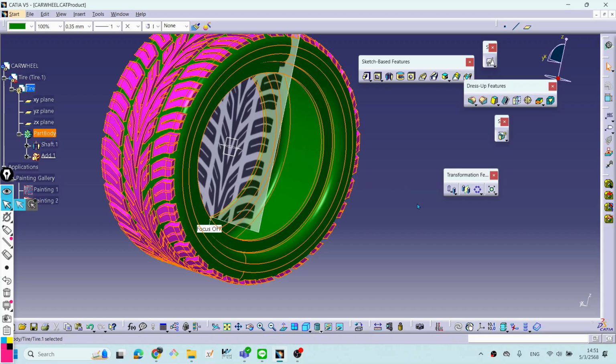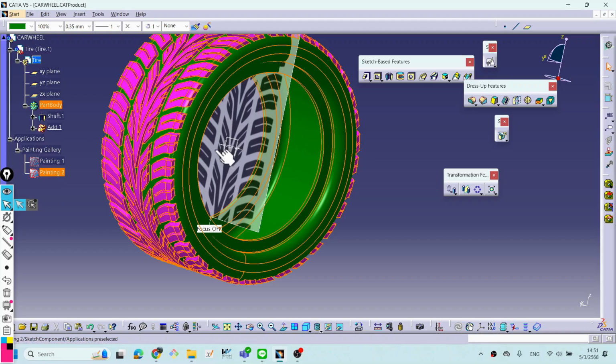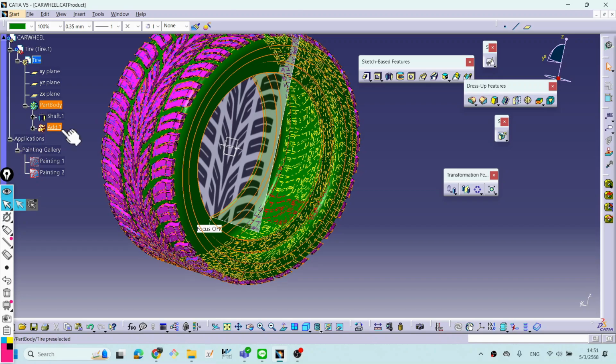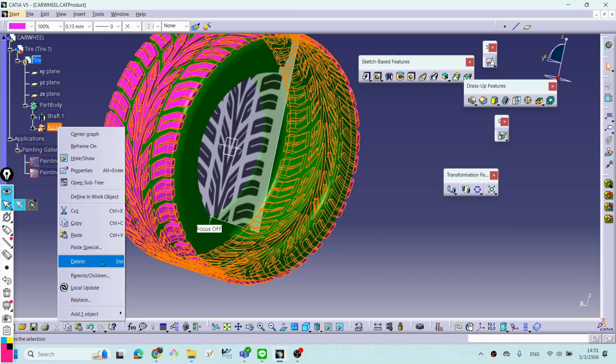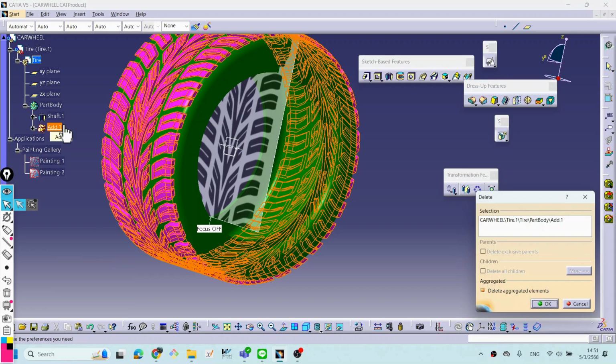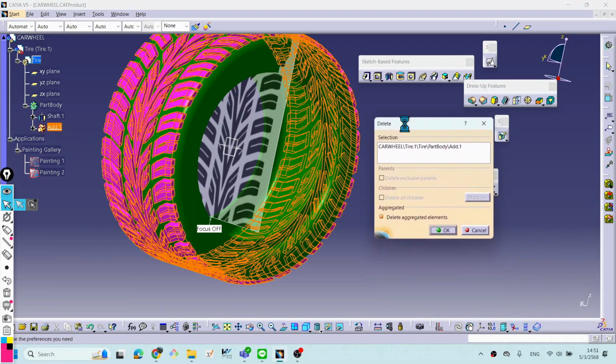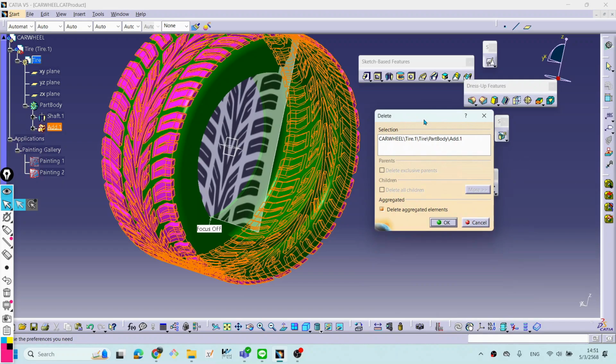And when you define the material, you will get only one color material, right? If you need to set up different colors and different materials in your product, you must delete the add function. And one thing you need to be concerned about with delete,